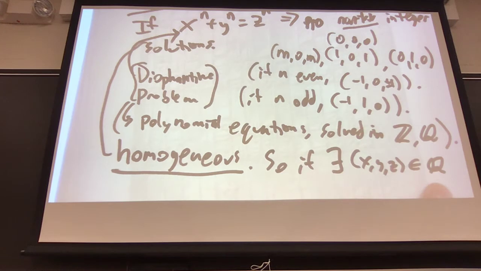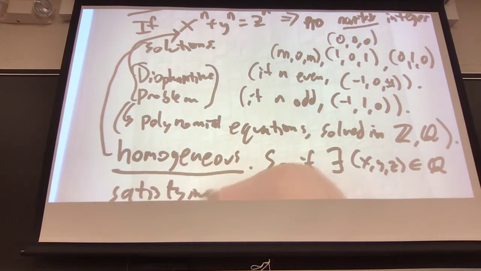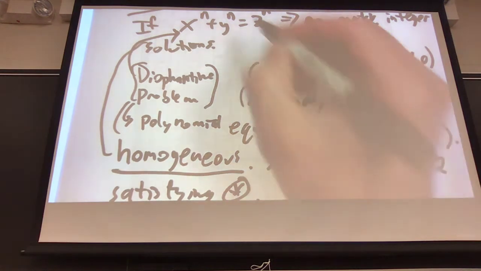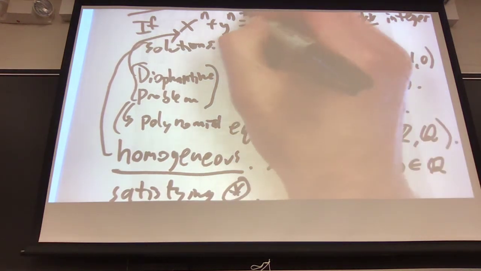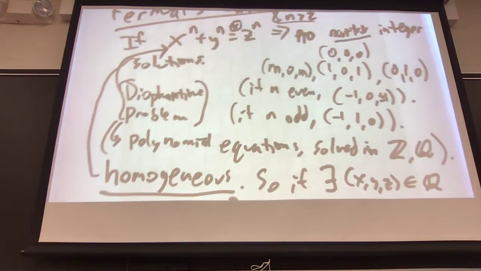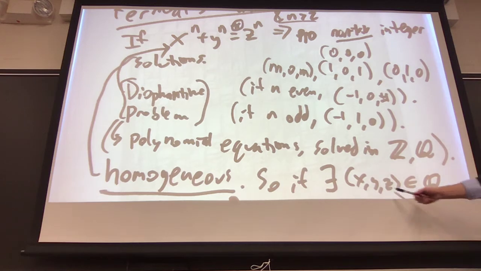So if there exists a rational solution, in other words x, y, z in the rationals, this means rationals. Everybody has seen this symbol for rationals? This is the symbol for integers. Bold Z, bold Q. So if there exists a triplet of the rationals satisfying star, where star is this equation, so the equal sign is what I'll put the star on. If there exists a rational solution to that equation,